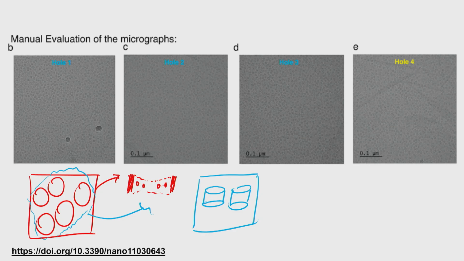It will come all the way, go like that, go like that, come again, go like that and like that. It will always be like that. If there is a second hole, the graphene layer will go something like that, again like that. So you can see a small amount of depth inside, and the graphene layer will be there.